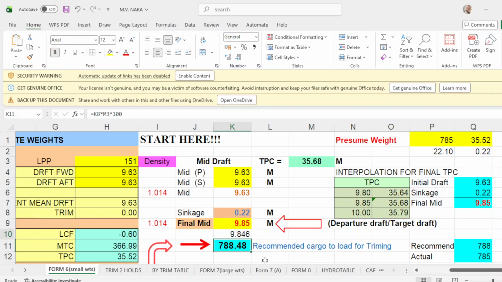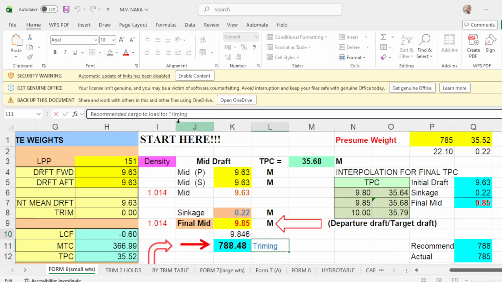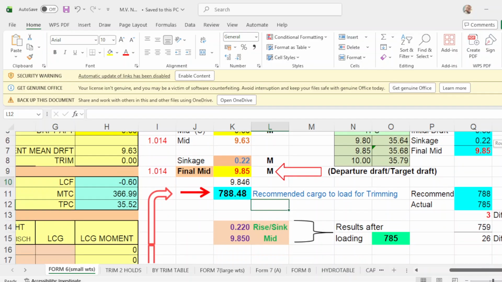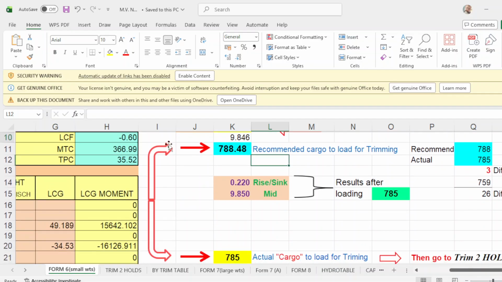Now, this is the recommended cargo to load for trimming. Okay, that was M. Then take note of the arrow. Then, for example, you put this one 788.